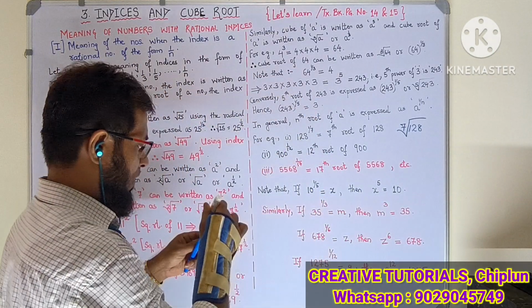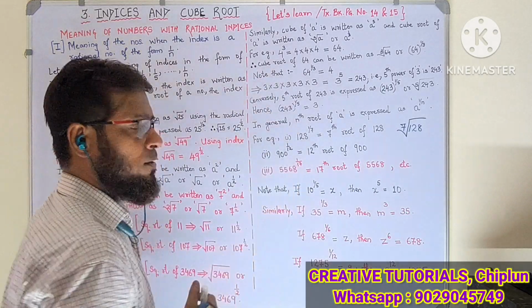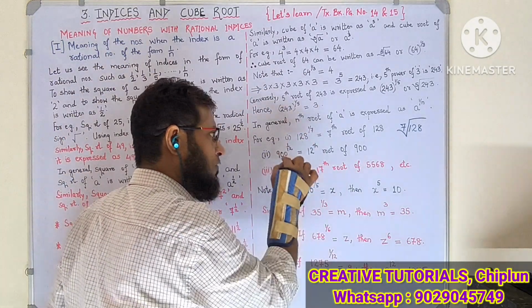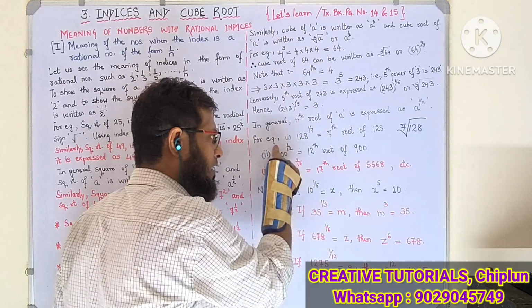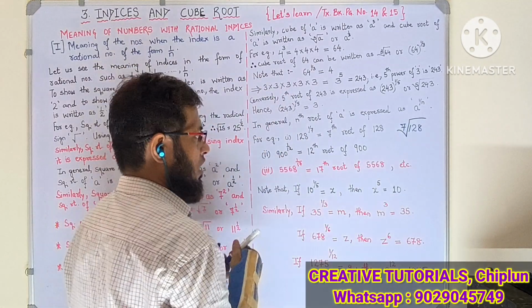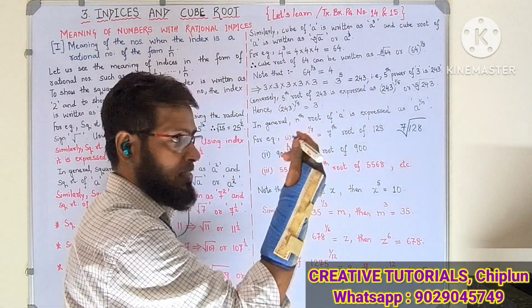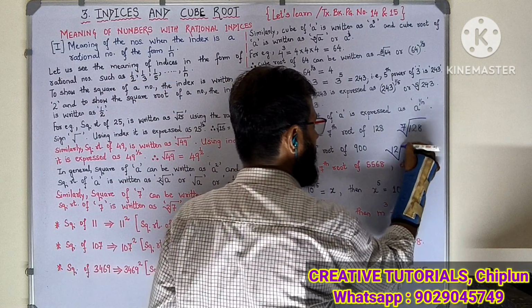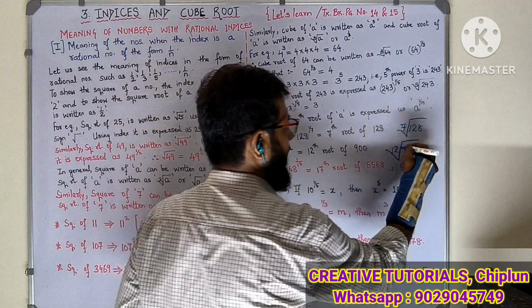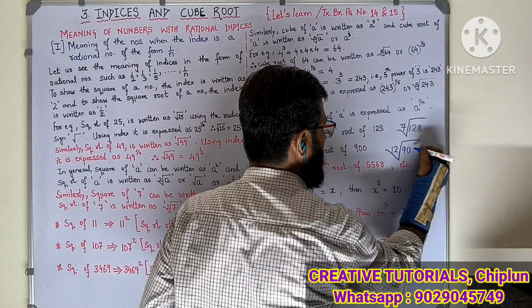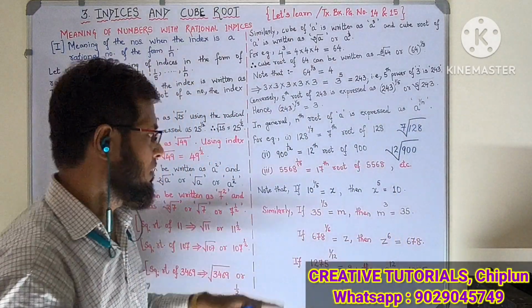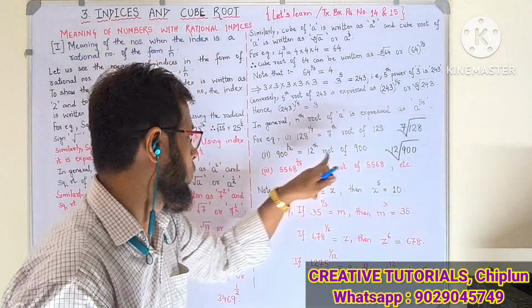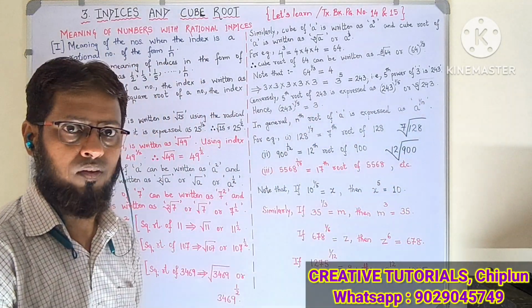ऑलराइट, उसी तरह इफ आई टेक 900 रेज़्ड टू 1/12, सो ये 1/12 क्या है? 12th रूट है किसका? 900 का. तो ये अगर मैं रूट फॉर्म में लिखना अगर जाऊं रेडिकल साइन के साथ में, तो ये मेरा बन जाएगा 12th रूट ऑफ 900. करेक्ट? ये जो है और ये जो है ये दोनों भी सेम है. ऑलराइट,